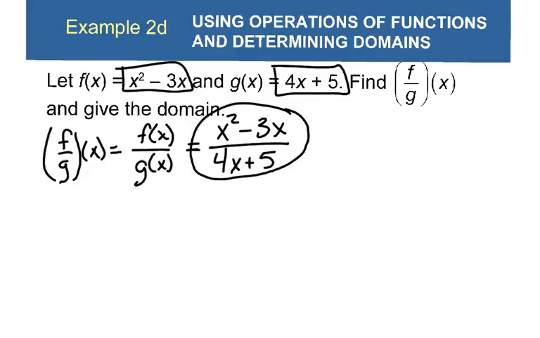Now the harder part on f divided by g of x is determining the domain. We already determined the intersection of our two domains of f and g was all real numbers, negative infinity to infinity. But we have to exclude whatever x value makes our new function have 0 in the denominator. So we're going to solve: where does this denominator give us 0? By setting it equal to 0. Okay? And that is going to give us